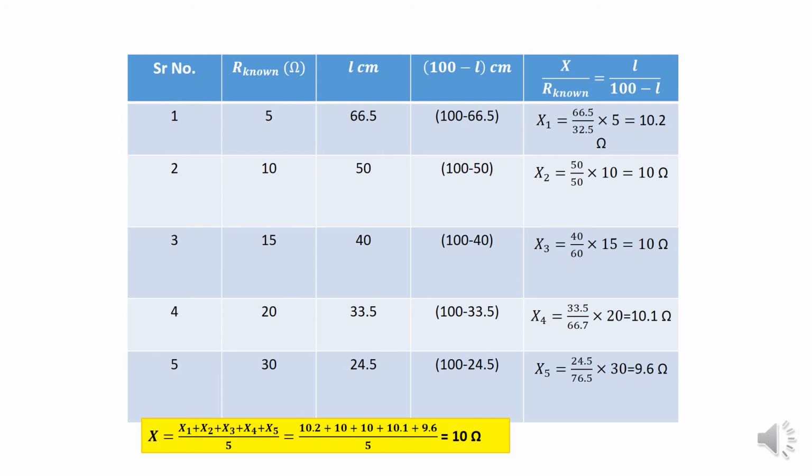So it is almost the same value which we have written for this unknown resistance. So the value of that is 10 ohm. The only thing is, whatever the value of the unknown resistance, you should take known resistances approximately of that order. Otherwise, the experiment is very difficult. Like 10 ohm is the answer, so 5, 10, 15, 20, 30, these types of resistances we can take out from the resistance box. Thank you.